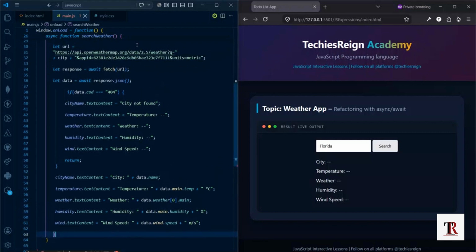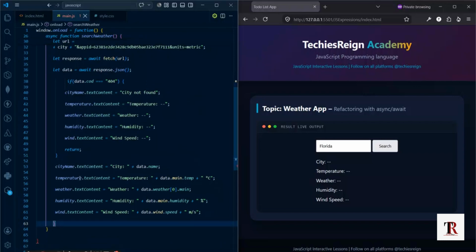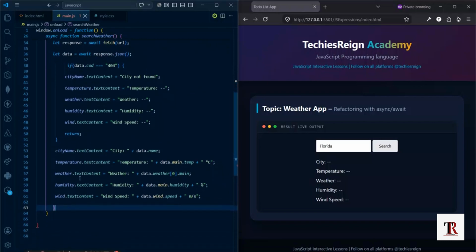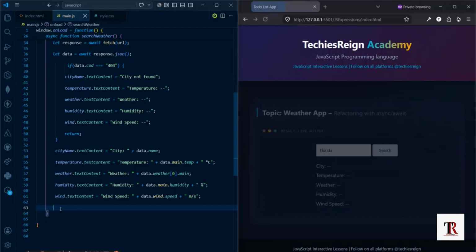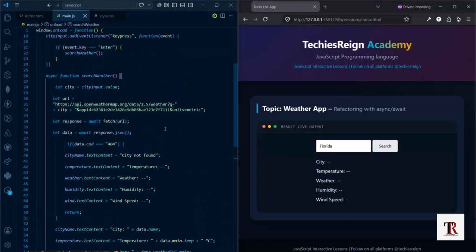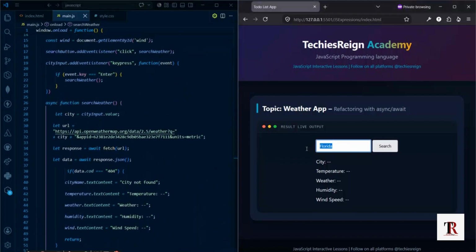Okay, if data, so this comes to this, the city name and everything also comes to what we currently have. Yes. And so if I go ahead now and click on Ghana, okay, I think after the city name or something,